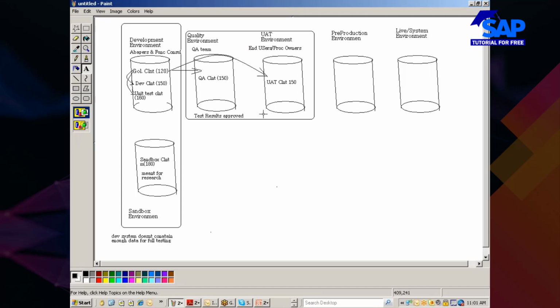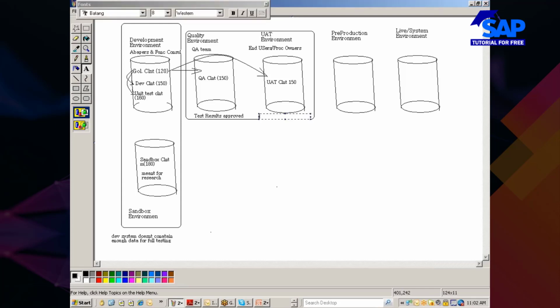So once they are happy with the test results, the test results will get approved. This is the approval which we take as acceptance of solution.